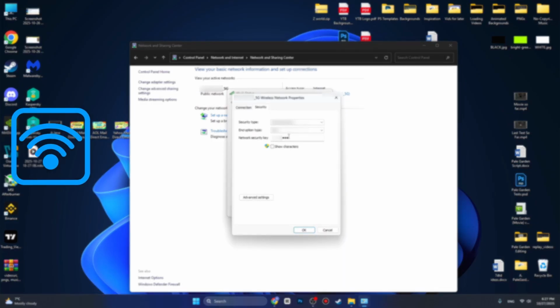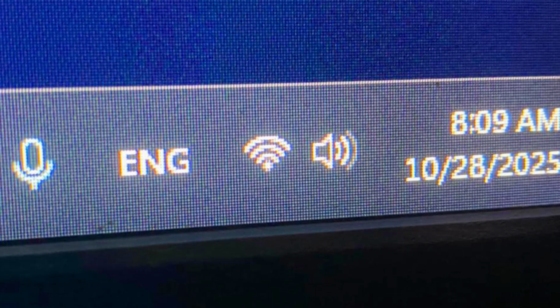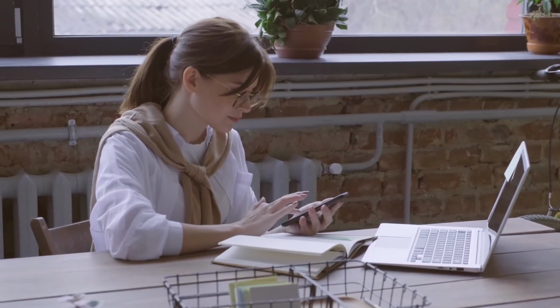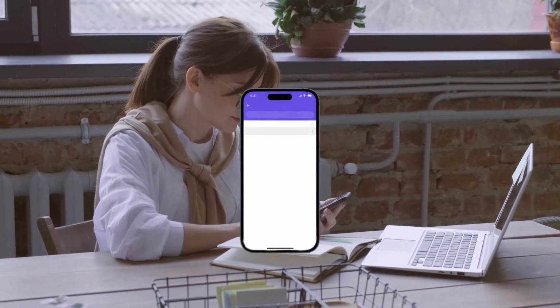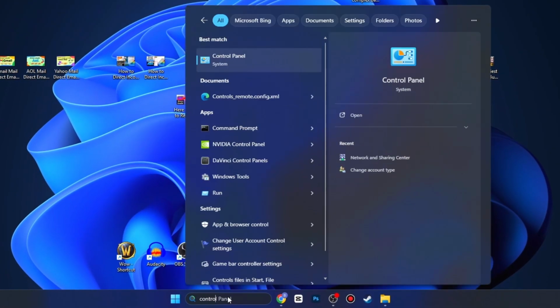In this quick tutorial I will show you how to find your Wi-Fi password in less than a minute, if you are connected to it on a computer, laptop, PC or even a phone at the end of the video. So that being said, what you have to do, open the search bar in Windows 11 and search for control